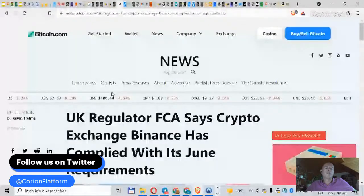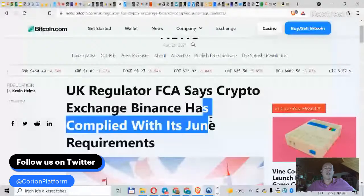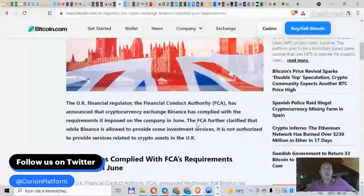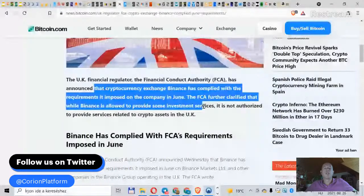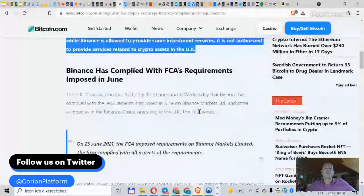Our next piece of news: UK regulator FCA says crypto exchange Binance has complied with its June requirements. The UK financial regulator announced that cryptocurrency exchange Binance has complied with the requirements it imposed on the company in June. The FCA further clarified that while Binance is allowed to provide some investment services, it is not authorized to provide service related to crypto assets in the UK. So